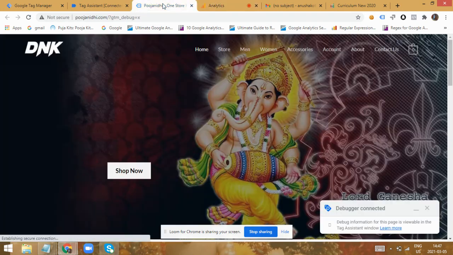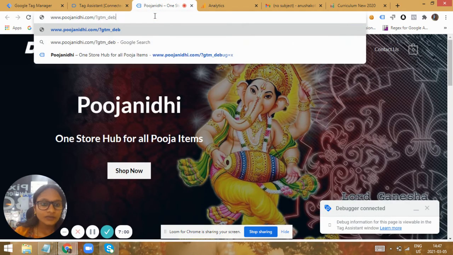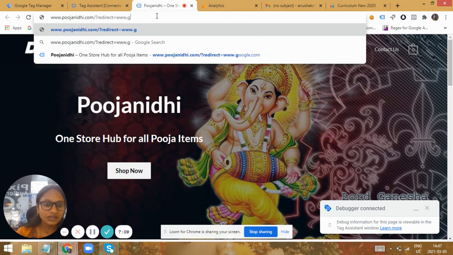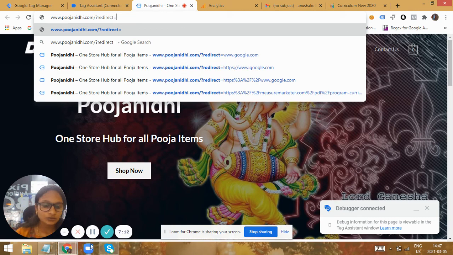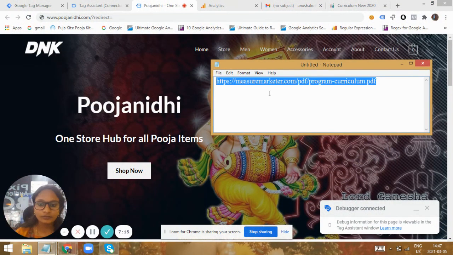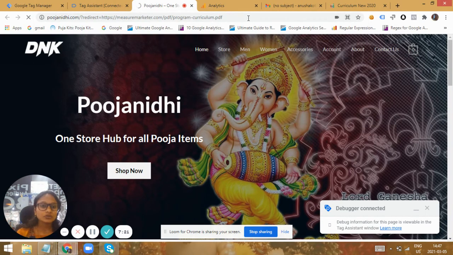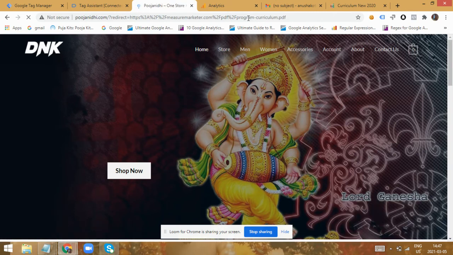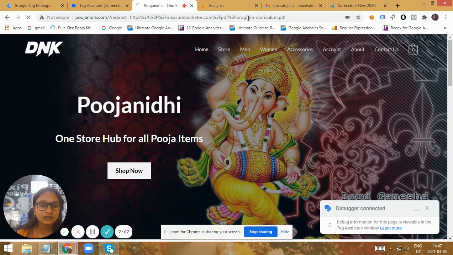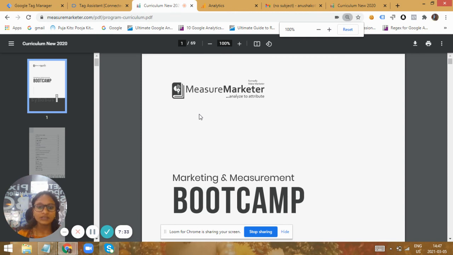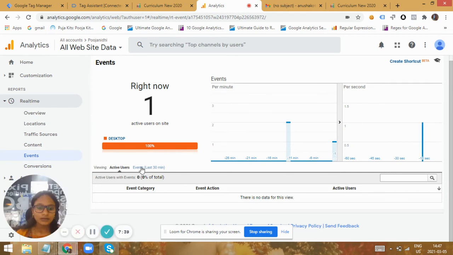So just get back to the site. So I'm taking them to an intermediary page where the redirect parameter would be present. So I'm just taking one of my document and placing it here. So the users will be taken to this link through an email or any outbound link click. So as you can see, just in a second, they are again redirected to the actual document page. So in this 1 second, the data will be sent to analytics and recorded as a download event.